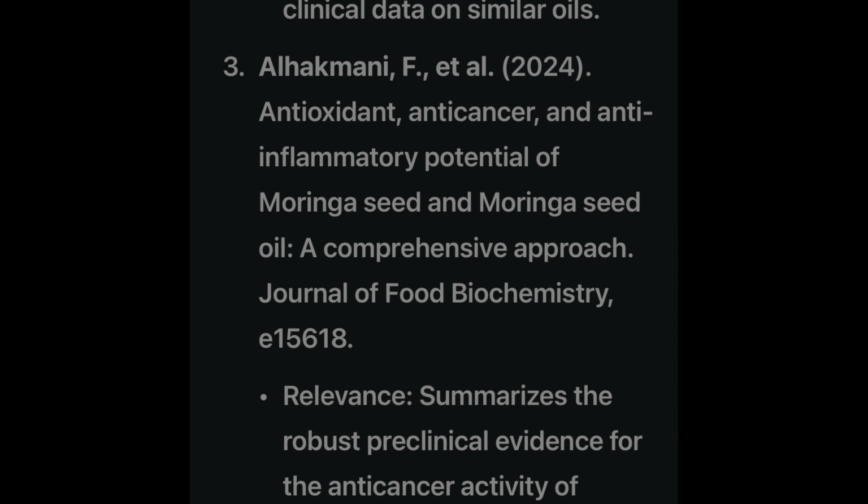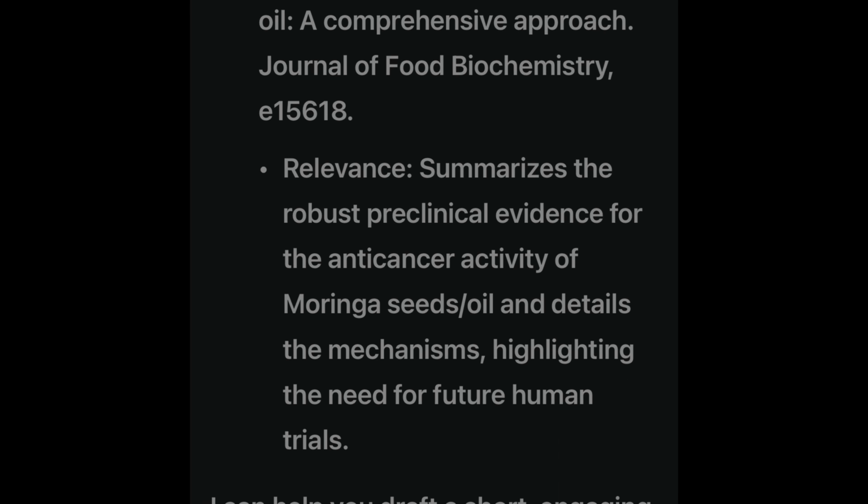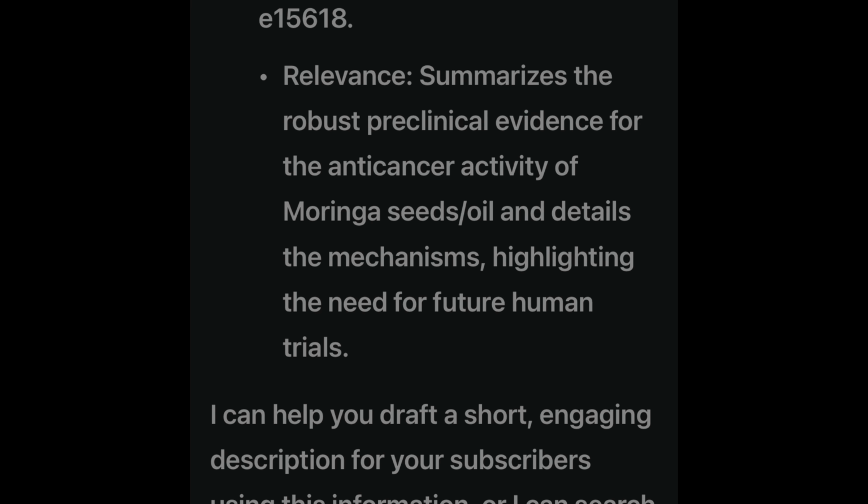3. Al-Hakmani F. et al. 2024. Antioxidant, anti-cancer, and anti-inflammatory potential of moringa seed and moringa seed oil: a comprehensive approach. Journal of Food Biochemistry E 15618. Relevance: summarizes the robust preclinical evidence for the anti-cancer activity of moringa seed and oil and details the mechanisms, highlighting the need